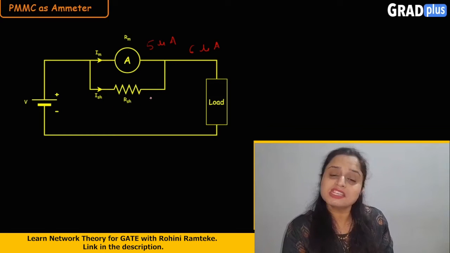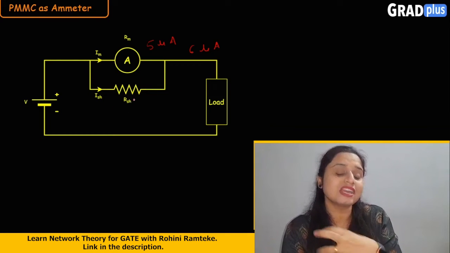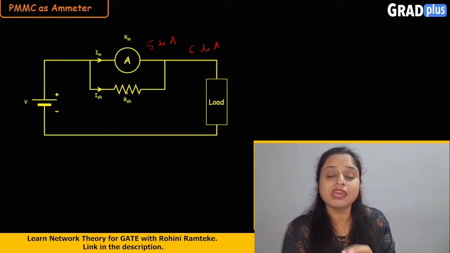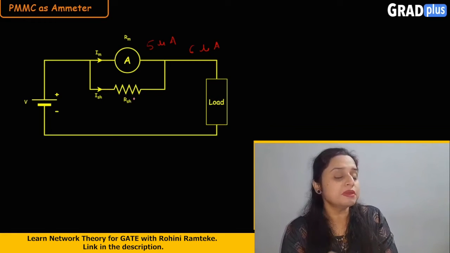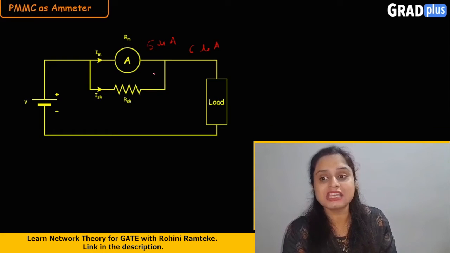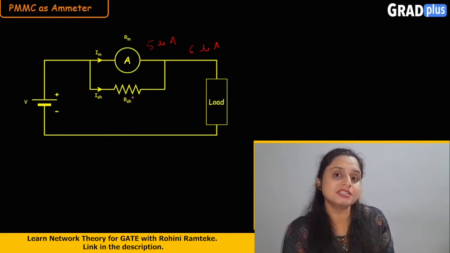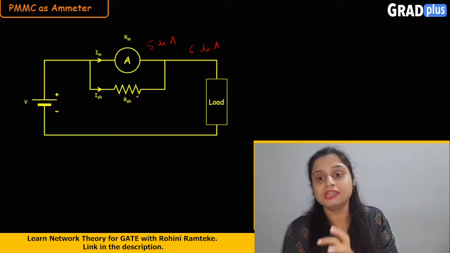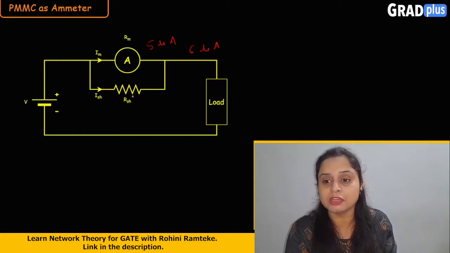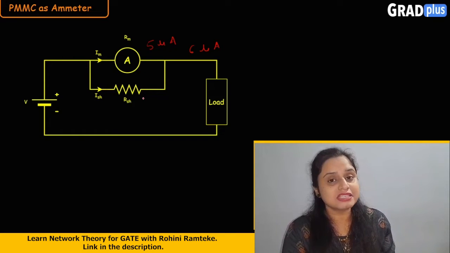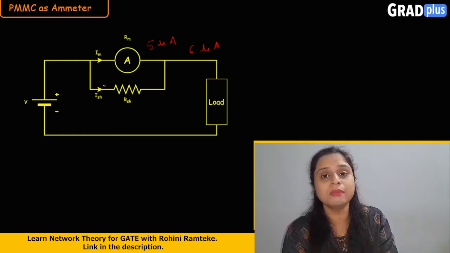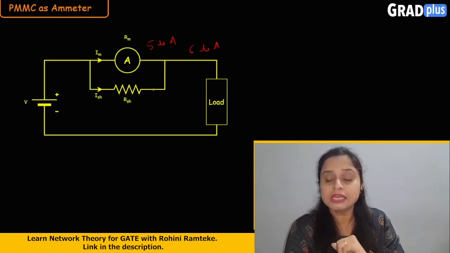So here this shunt resistance is used to bypass the extra amount of current without damaging the ammeter. In this way we can extend the range of that ammeter. So when we are using the PMMC instrument as an ammeter, by connecting the shunt resistance in parallel with the ammeter, we can increase the range of that instrument. As this resistance is connected, the value of this resistance is small, so that more amount of current will get bypassed through this resistor.